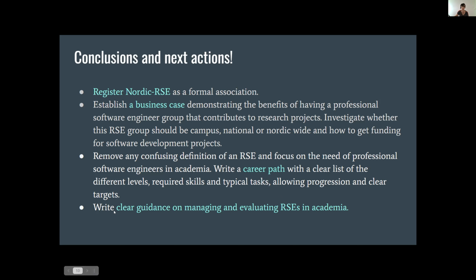Finally, I think we could also maybe write some kind of short guidance on what works when we manage or evaluate RSEs in academia, to help supervisors or people that are managed by external professors or IT leaders when they are evaluating the RSEs, because this is not easy for them either.